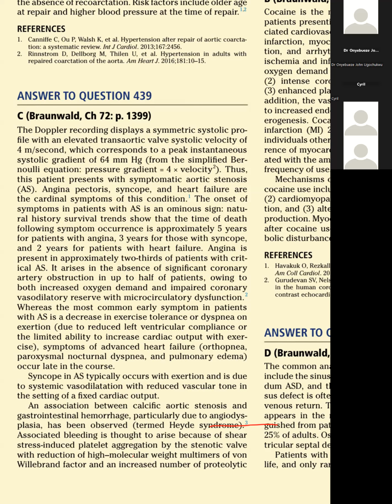An association between calcific aortic stenosis and gastrointestinal hemorrhage, particularly due to angiodysplasia, has been observed, termed Heyde syndrome. Associated bleeding is thought to arise because of shear stress-induced platelet aggregation by the stenotic valve with reduction of high molecular weight multimers of von Willebrand factor and an increased number of proteolytic